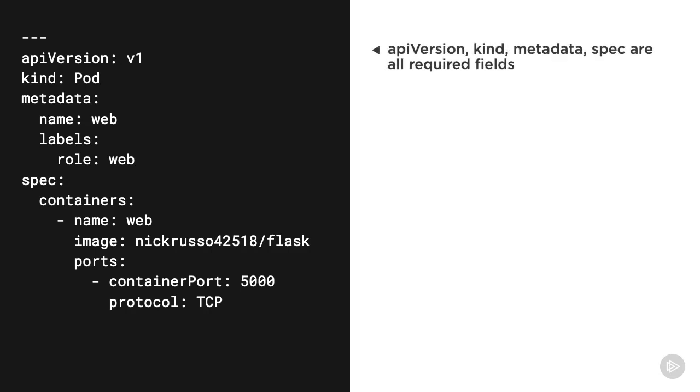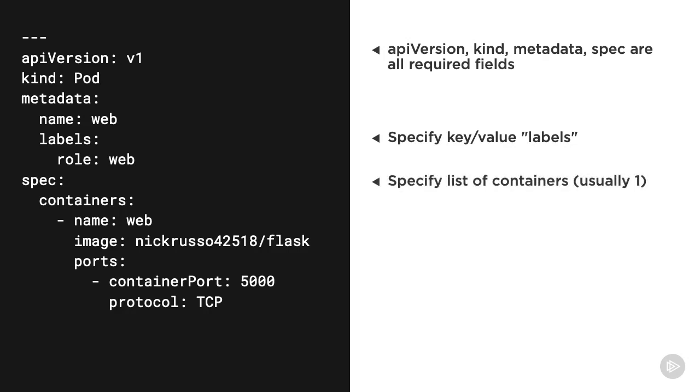This is a sample manifest to create a pod around our Flask container. We aren't going to scrub the YAML syntax here, but I do want to point out a few key pieces. The main 4 keys of API version, kind, metadata, and spec must be specified. Notice that we can define labels under the pod's metadata, which are handy for mapping pods to services.